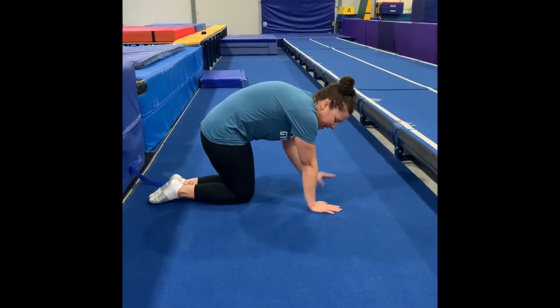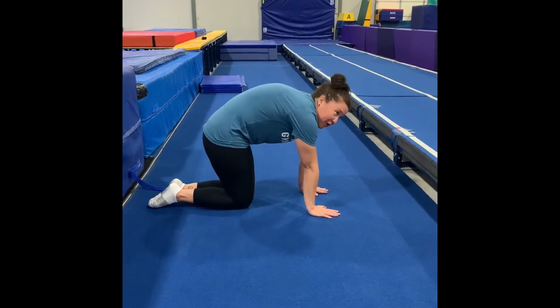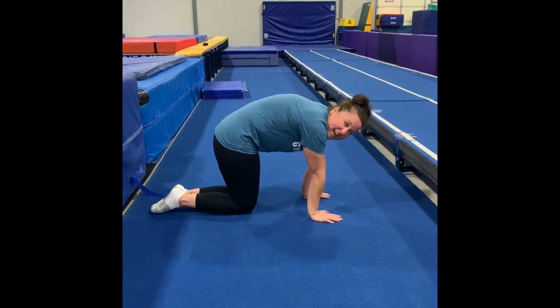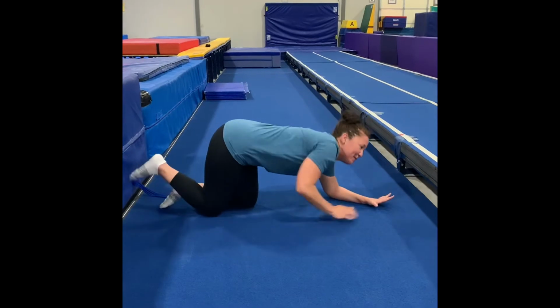With our mad cat, I'm gonna have my hands directly underneath my shoulders and my hips directly above my knees. I'm gonna round my back, make sure that your tummy's nice and tight, because whenever you get on a trampoline, that's when that causes you to collapse. After your mad cat, you're gonna lay down